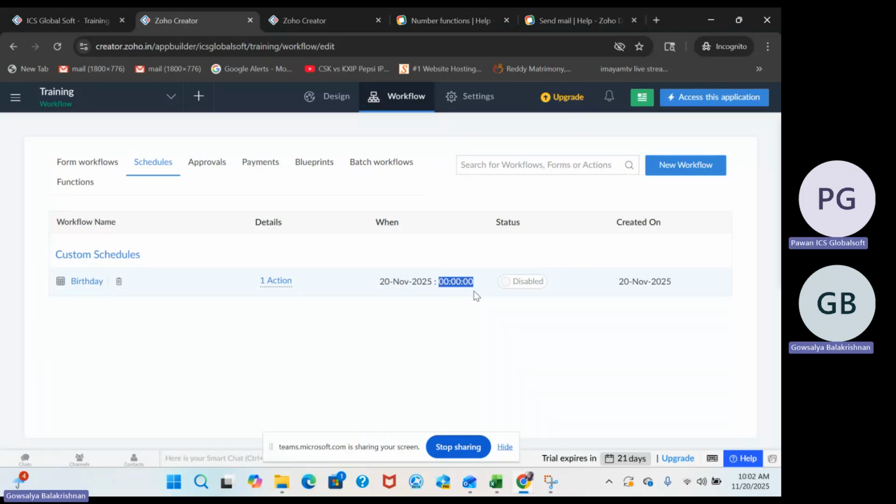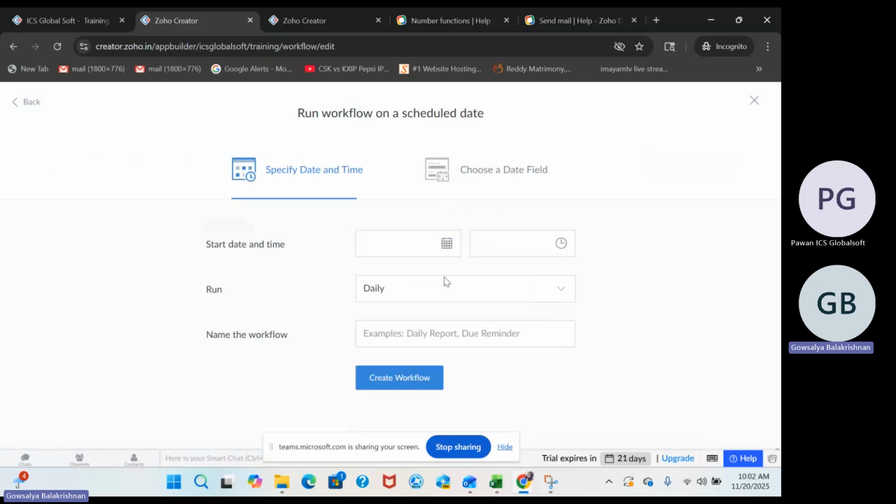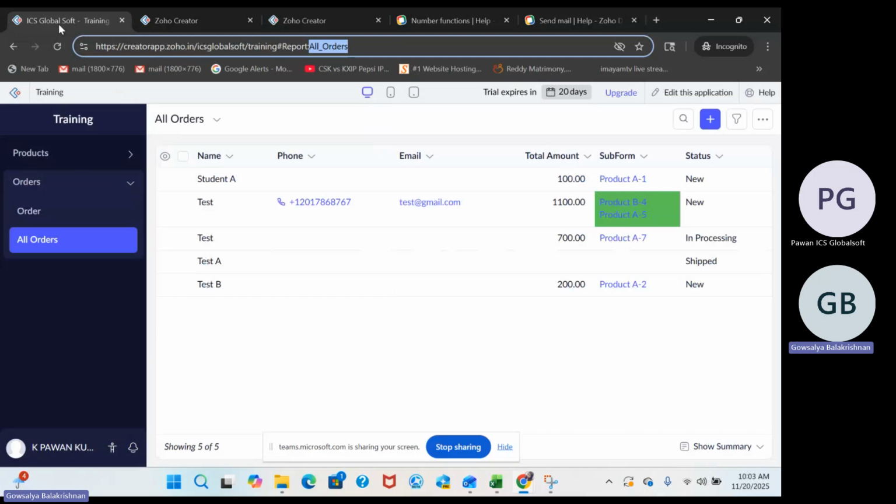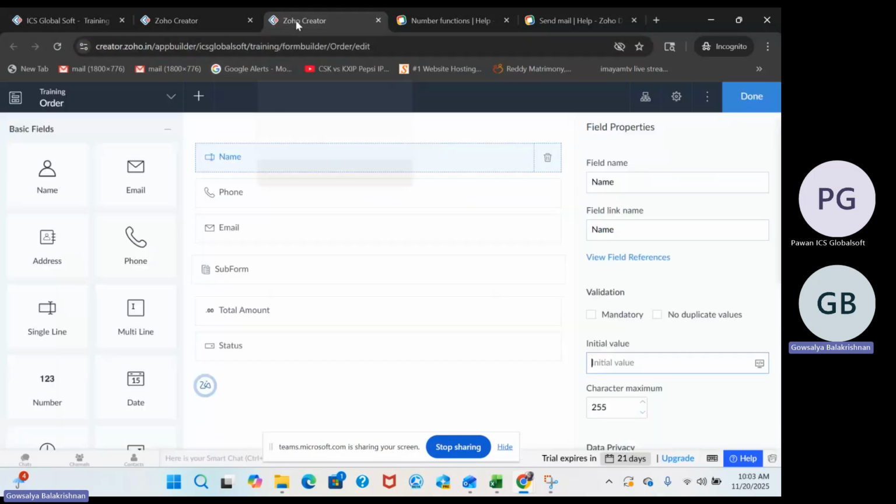You can create a schedule, let's say if you want to trigger something on a weekly basis, or monthly, yearly, or if you want to run a schedule only once, you can create one. This is running based on a specific date and time. If you want to run something based on a date field, which means you have a date column in your report,